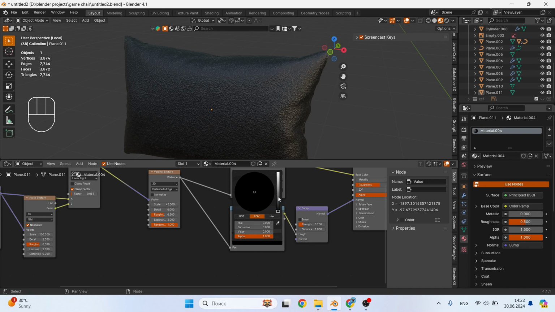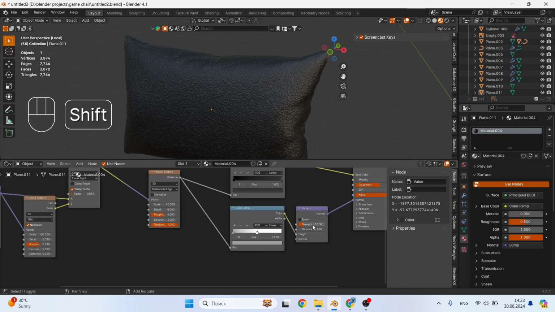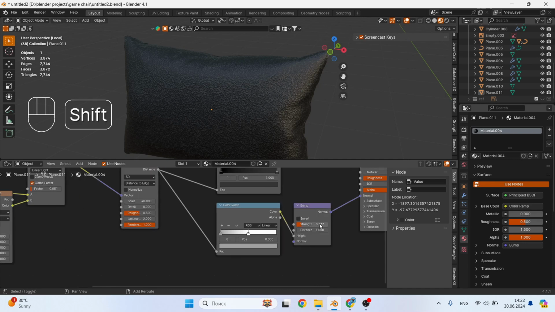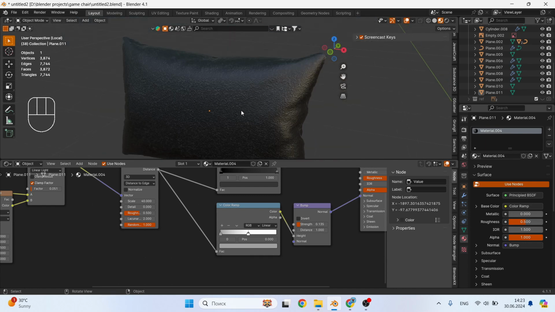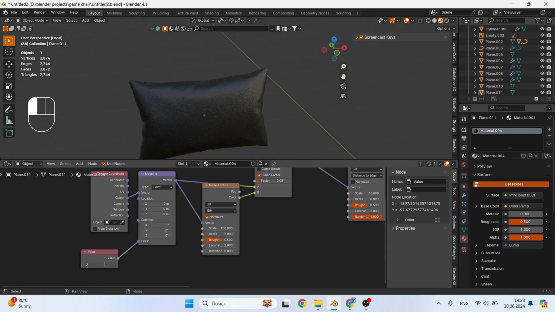Set the white slider in the middle and make the black one gray by giving it the HEX code A2A2A2. Well, everything is fine, I like it. I'll set the scale to 2 for now and maybe I'll come back to this.